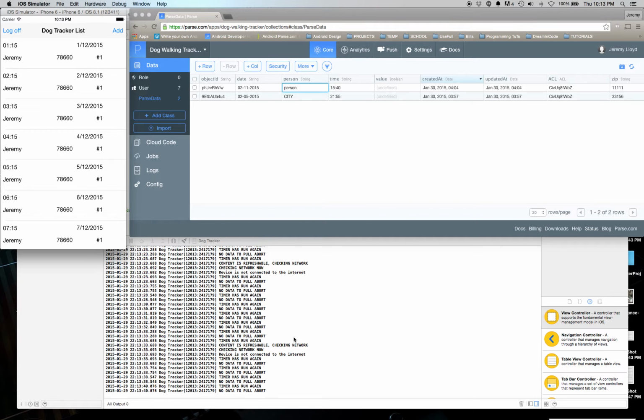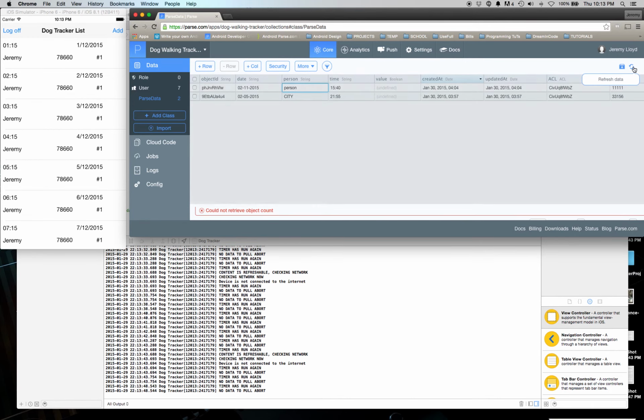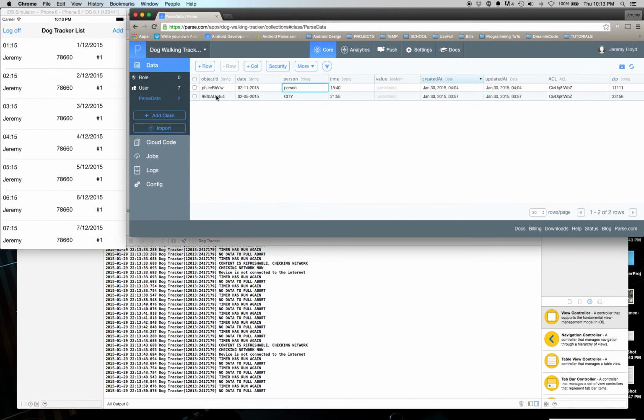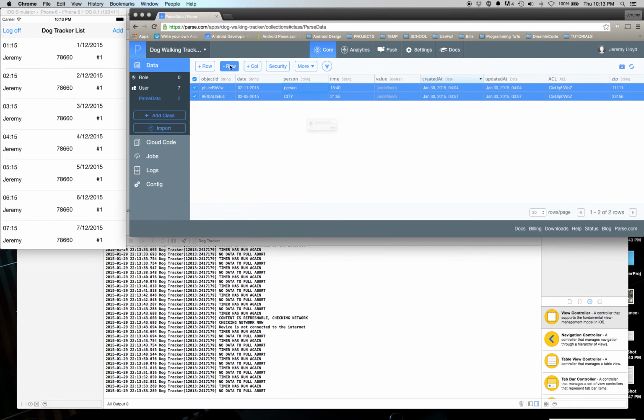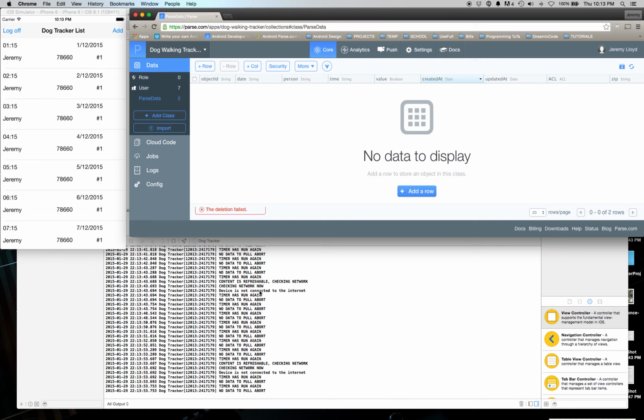And we're going to go ahead and check out the synchronization here. We'll go ahead and could not retrieve object count. Odd. Well, Parse is messing up on me, but if you delete anything here from Parse, we're going to remove everything in there. Okay, well, it's failing across the board, but if you delete anything from Parse, it's also going to show up in the same thing, that there was no data to pull, as you can see here, and it will abort